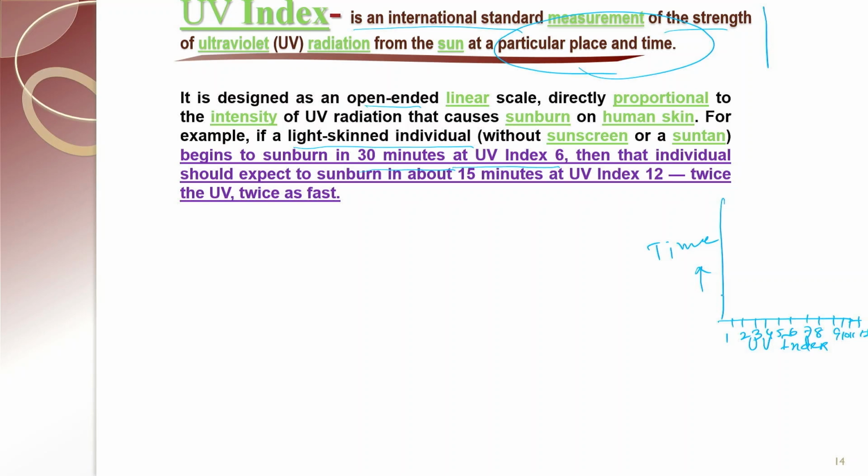Now, here the time: 10, 20, 30, 40 minutes. Now, if a person at 6 UV index gets the sunburn at 30 minutes,